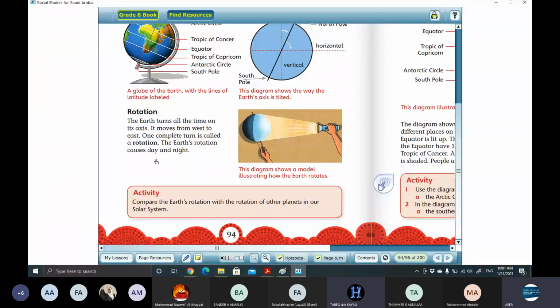Rotation. The earth turns all the time on its axis. It moves from west to east. One complete turn is called a rotation. The earth's rotation causes day and night. So,